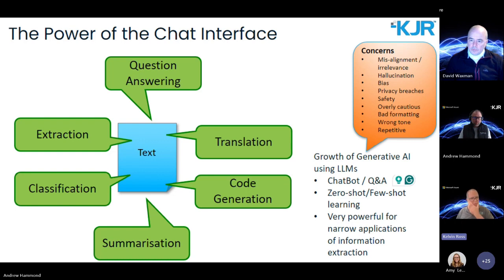So the ability to build a question answering system, but then to use that concept to look at translation, code generation, summarization. But equally, what we found is that chat interface enables you to build what's sort of called zero or few shot classifiers for undertaking some of those other tasks that we're using machine learning for in a more traditional approach of building up training sets and validation sets. So very rapidly now, we have this very powerful tool with zero examples or few examples in the definition of the prompt, that can perform classification and extraction tasks on documents for information retrieval at very high levels of accuracy.